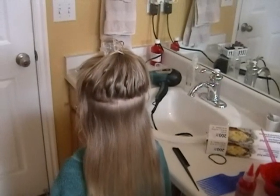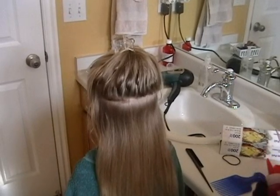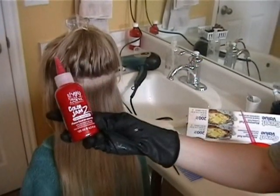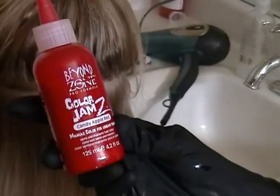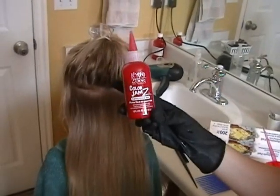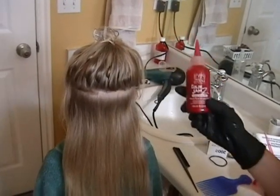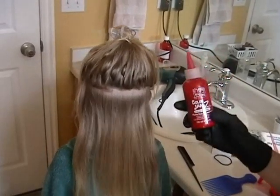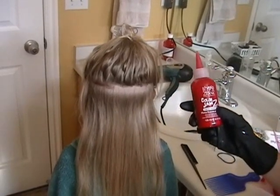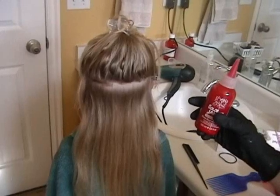Okay, I'm going to show you just a fun thing to do with your girl's hair, just a semi-permanent color. And we bought this, the Beyond the Zone Color Gems. We just got this at Sally's, and they picked a candy apple red. I've done this on both my brunette and I'm going to do it on her blonde hair. If you have light hair like this, it will work really well and it'll be bright. And I'll tell you what to do if your girl's hair is a little bit darker without having to bleach